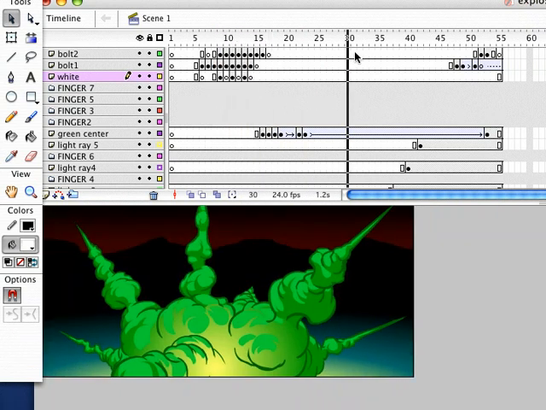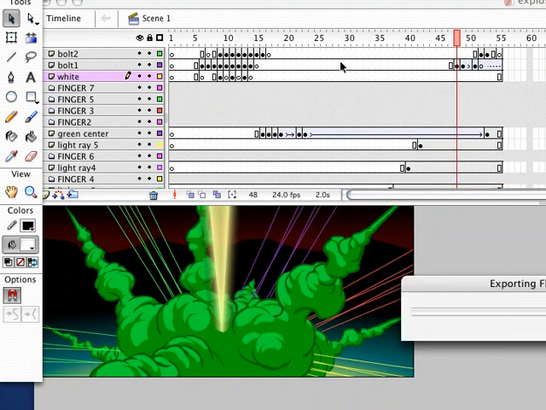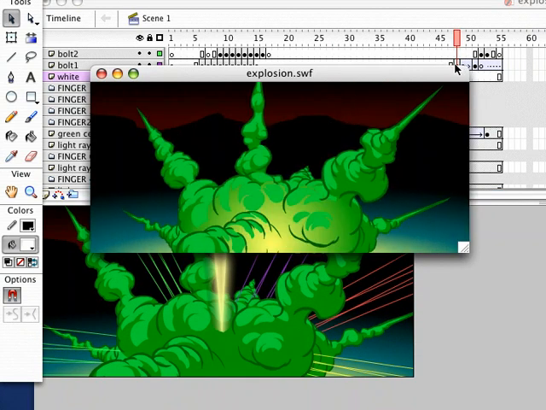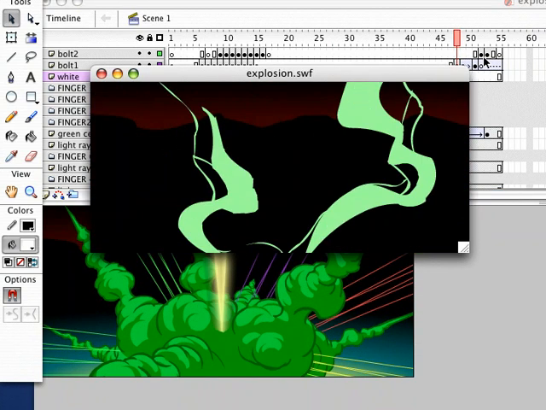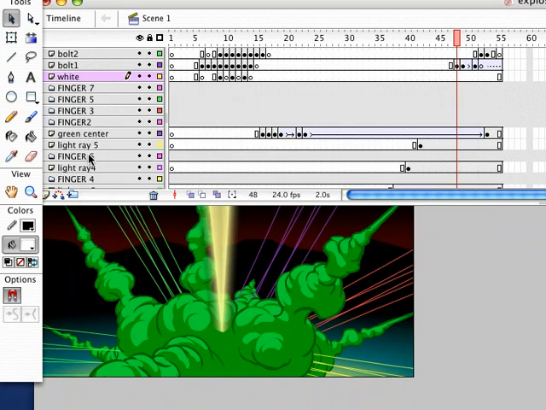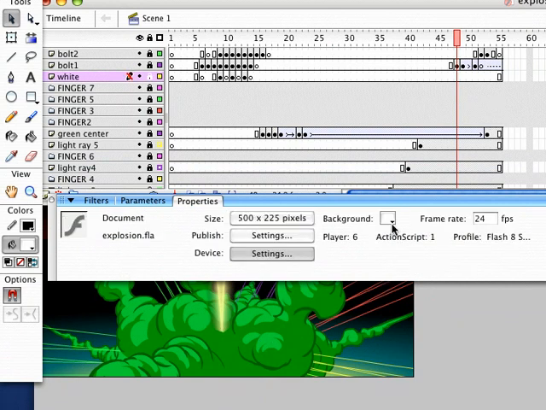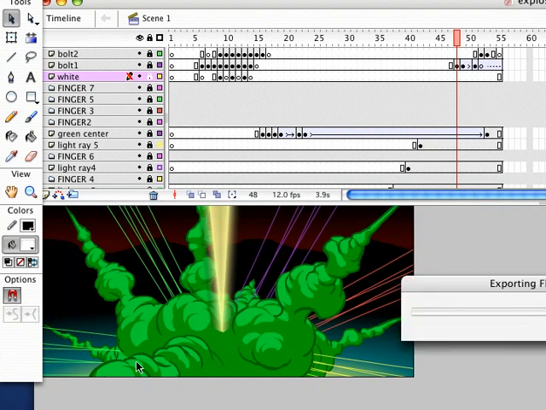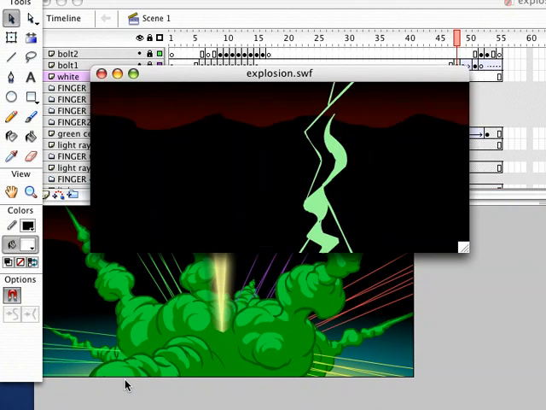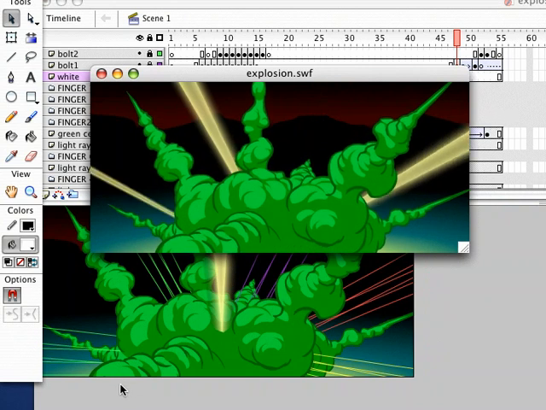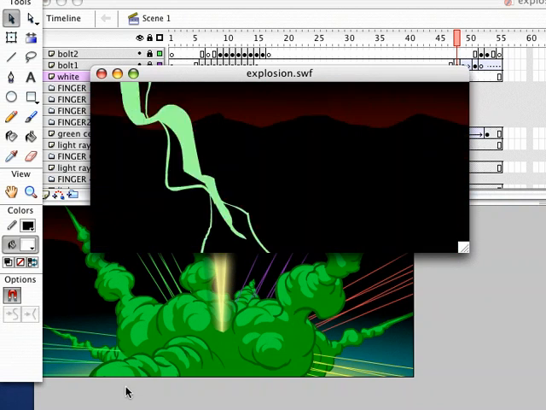And then this turns into a big explosion. Let me show you what this one looks like. Okay, it's kind of fast. In fact, I can slow down the frame rate. If I just lock everything, I can click on the screen and get my settings. Let's just take this down, enter 12 right there, and then we'll make our movie again. A little bit slower now. You can see what's going on.